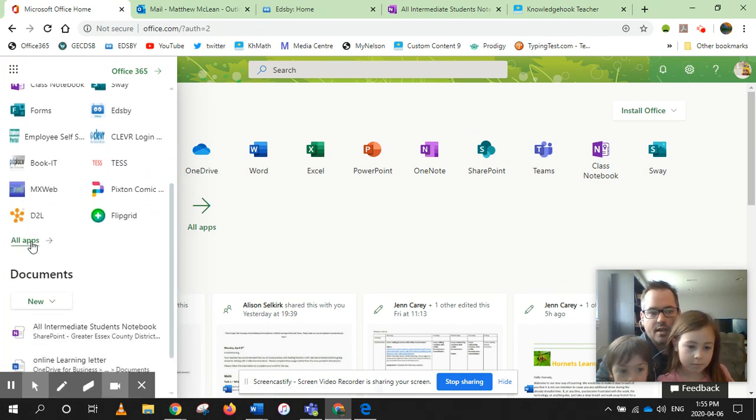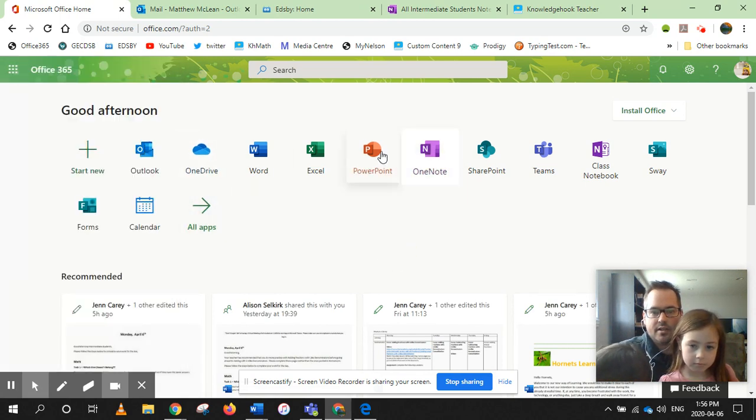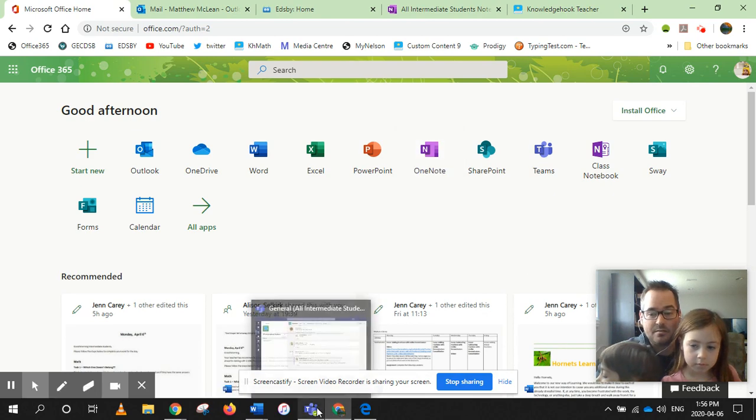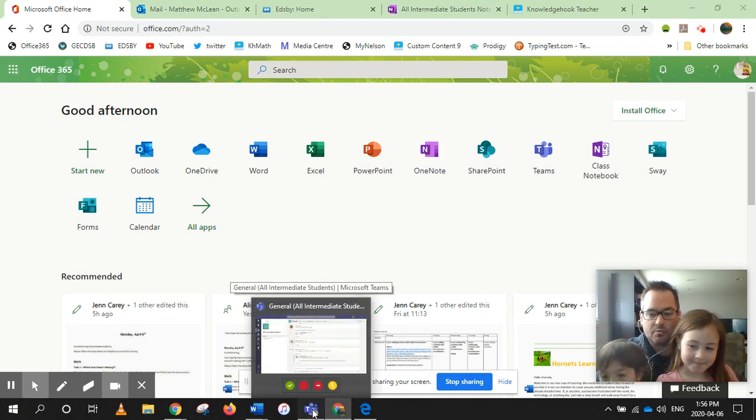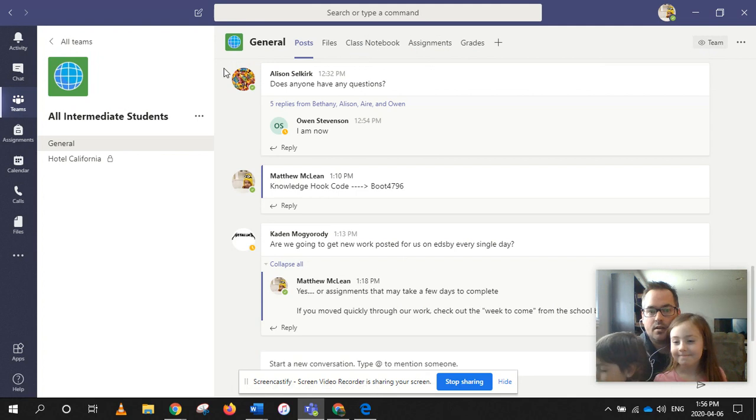You might have to scroll down and hit all apps and then pin it. But you can also get to it here. It's on your main page, OneNote. If you're in Teams, you can use OneNote and it's built right into Teams as well. So here's our conversation from today. Okay. In Teams,